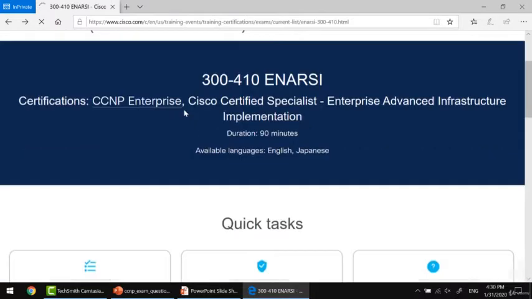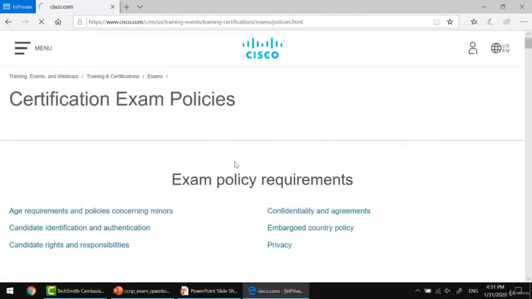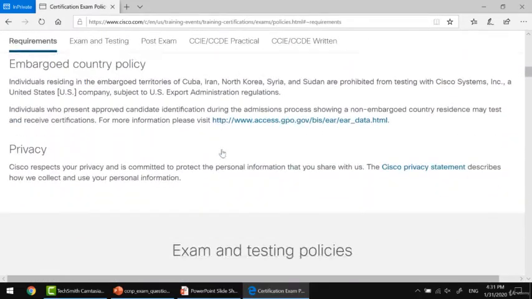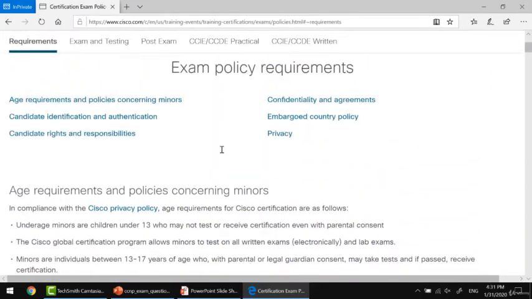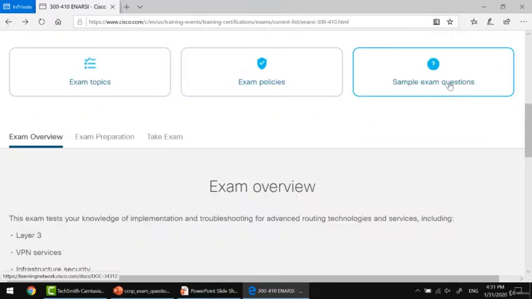Okay, let's go back. We can also check the exam policies, and you can have a look before joining the exam. That might be really helpful. And here is the link that we really want to focus on for this training session. This is sample exam questions. Okay, once you click on this one,